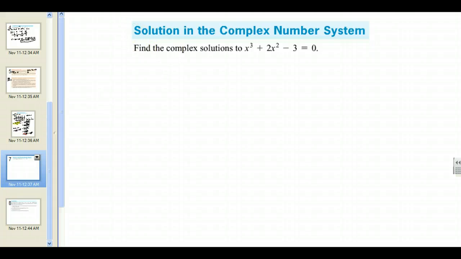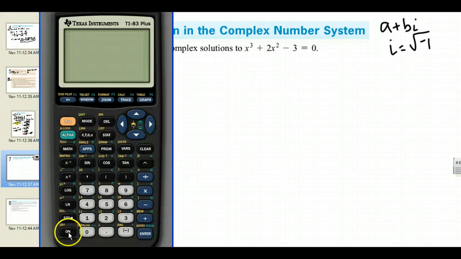Alright, complex solutions. So, again, if we have complex solutions, it means it has an i in it, where i is the square root of negative 1. So, just like before, I'm going to start this process by coming up with a 0 of this original polynomial. So, put that into your calculator, whatever was there before,